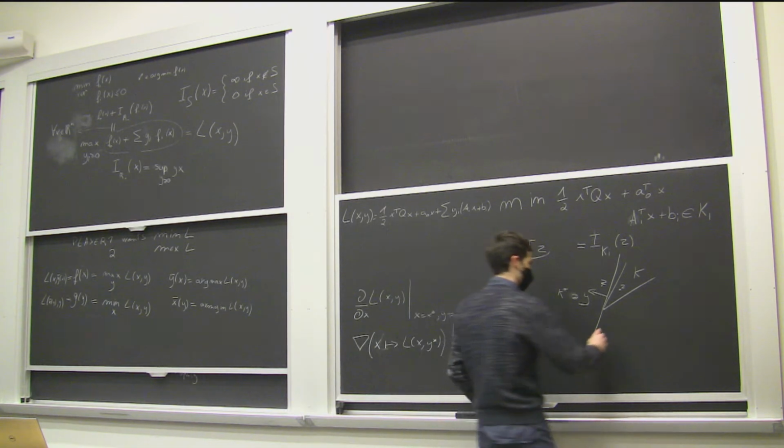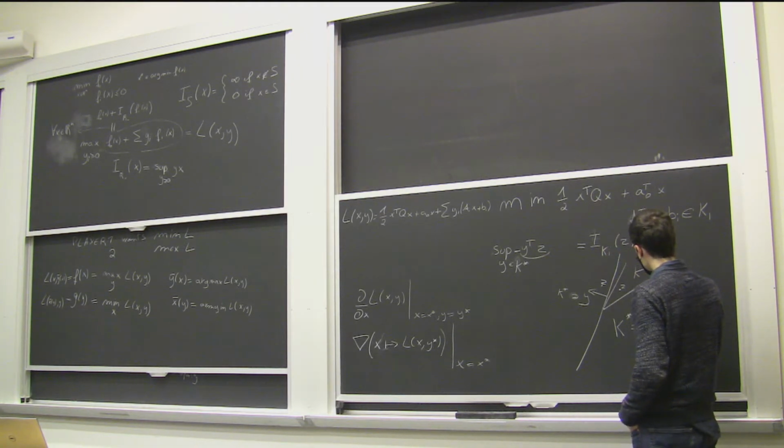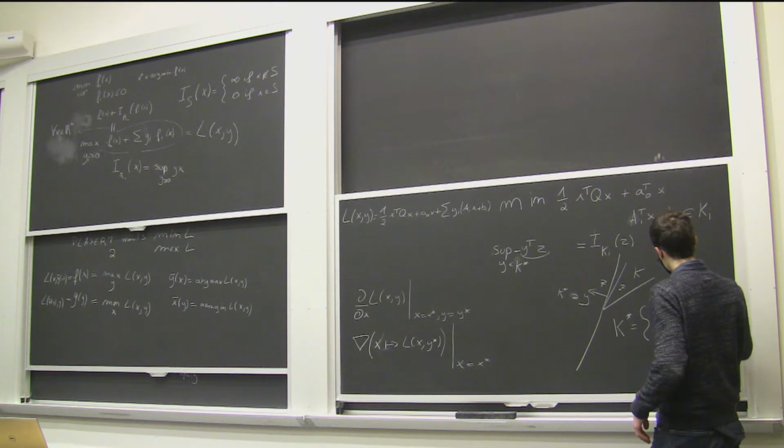So somehow you will define the dual of K as the set of y such that y transpose z